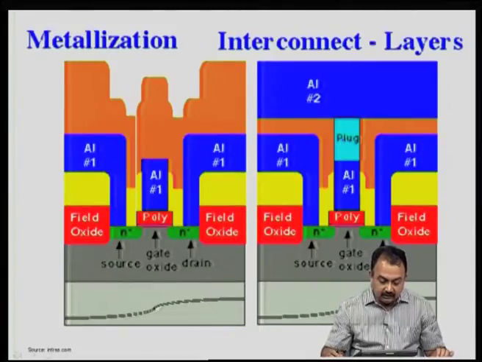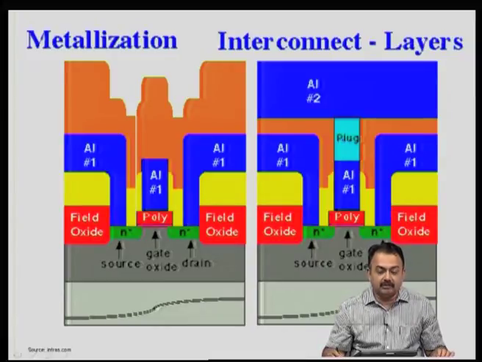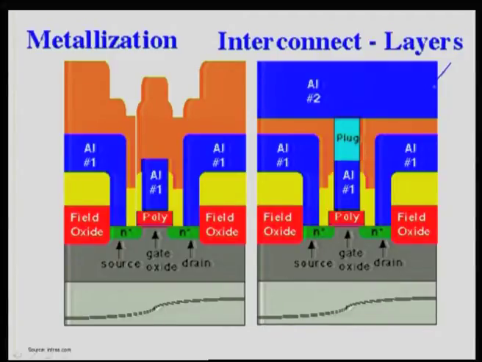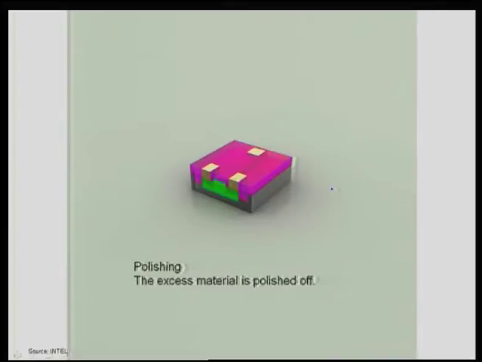Now, this is a different example. In this case, for example, the conductor is aluminum rather than copper, and you can see how the source, drain and the gate are defined, how the field oxide is deposited, there is a dielectric layer, and then here comes the metallic conductor, okay. And then finally, they are polished, because obviously you can't deposit the exact amount of the conductor material. Therefore, you will use what is known as a polishing methodology or CMP,